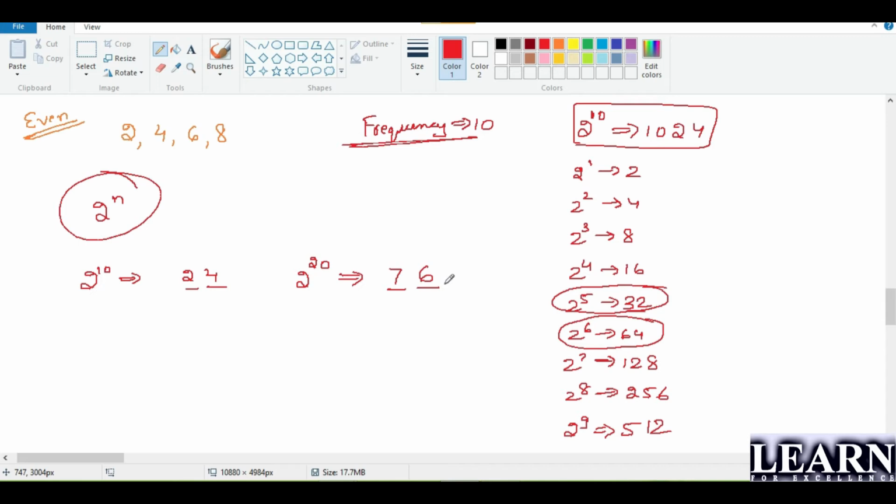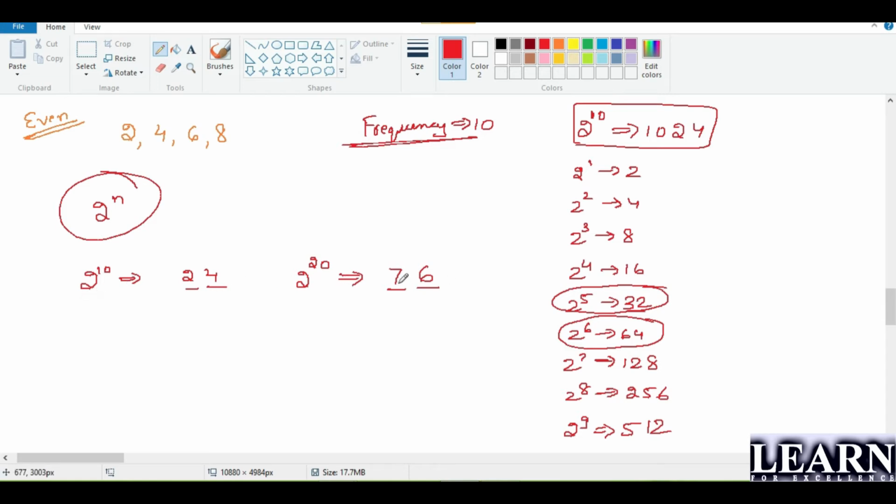While talking about numbers, let us assume that when we have a frequency of 10, there might be a number left out, like 2 power 8 or 2 power 7. We need to multiply it with 2 power 8 and 2 power 7 also, right? We need to multiply it with 2 power 6 also. So there might be some case where we need to multiply 76 into 32, 76 into 128, or 76 into 8, and we have to get the number. But here that is not required. Just understand the shortest thing.